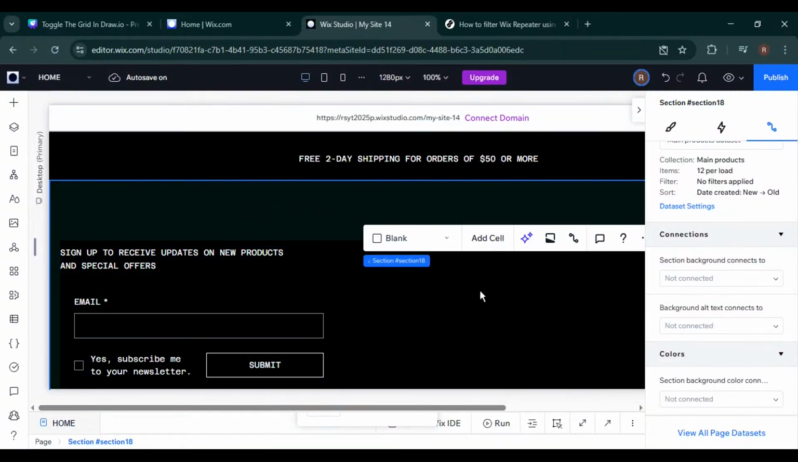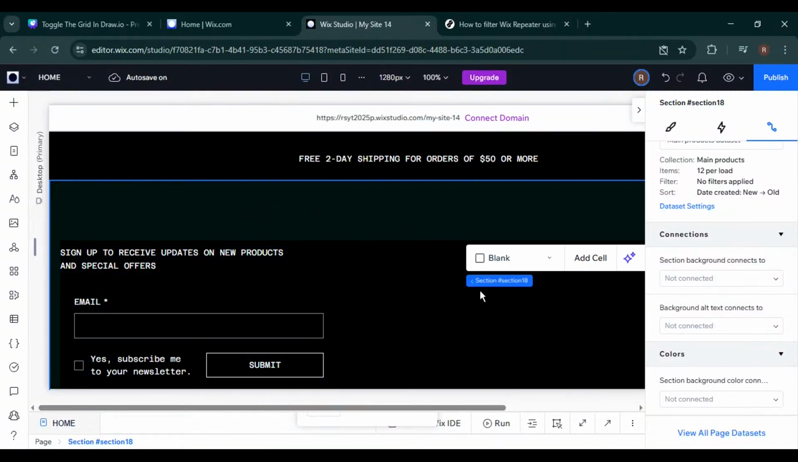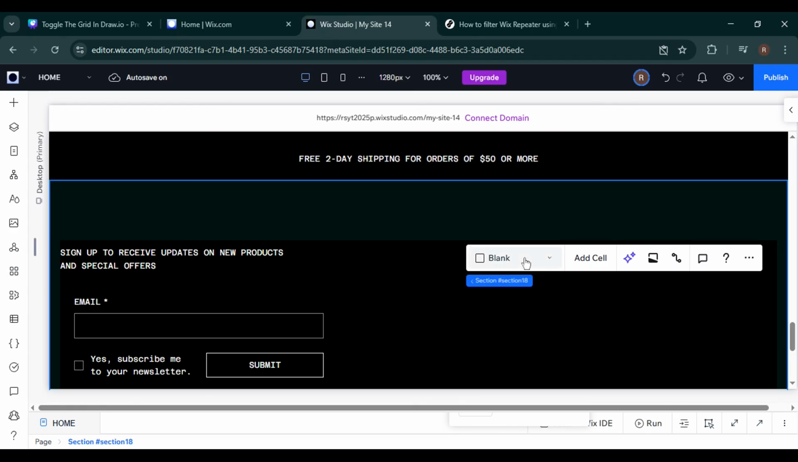In today's video, I'm going to show you how to filter a Wix repeater using selection tags step by step inside Wix Studio. This is a super useful technique if you're working with CMS collections and you want users to dynamically filter content like portfolios, blogs, products, or listings using simple selection tags instead of custom code. If you've been struggling to make your repeater show only the relevant items based on user selection, this video will